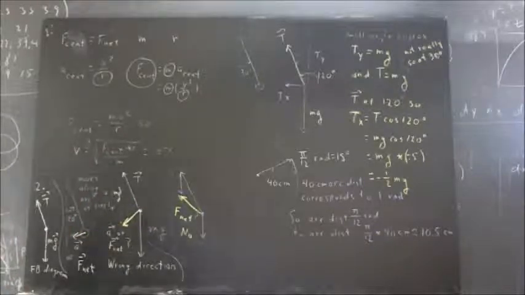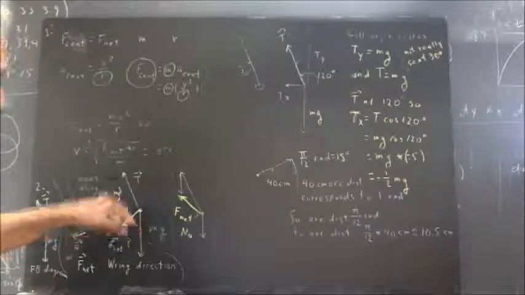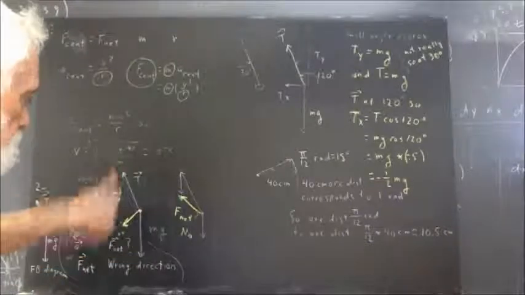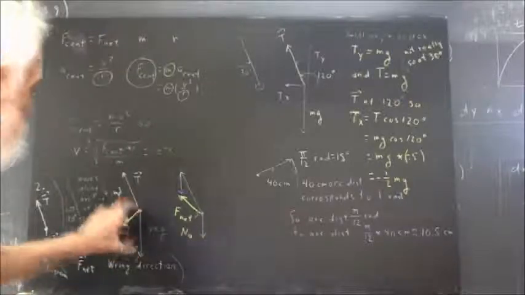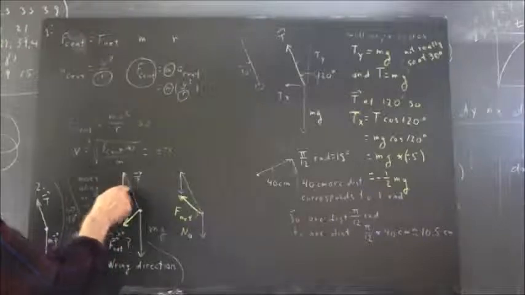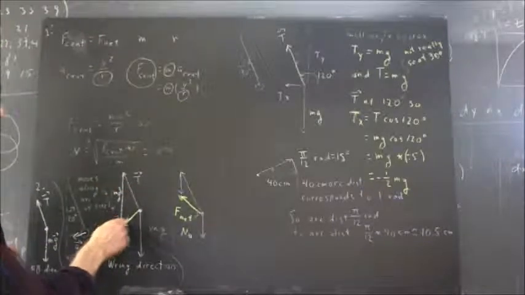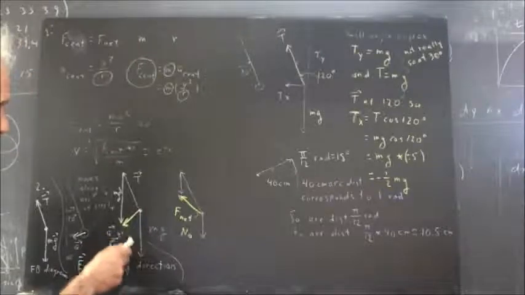Now, if this is our picture, then we have our mg vector and our tension vector. Our resultant of the mg and the tension vector should be in this direction. However, if we take our mg and put it head to tail with the tension vector, so we just bring this vector over here, or we complete our parallelogram,